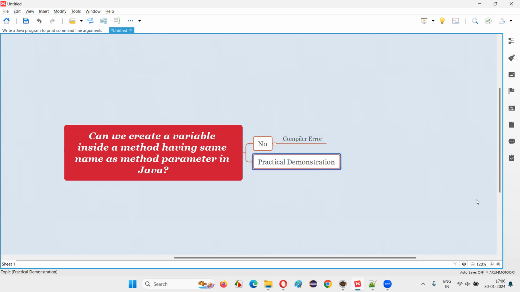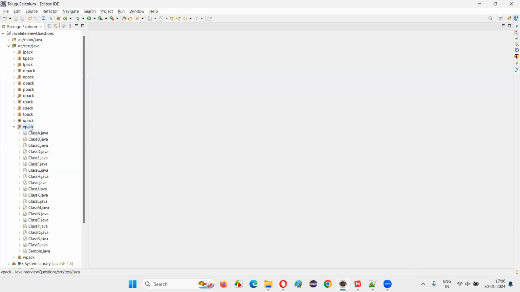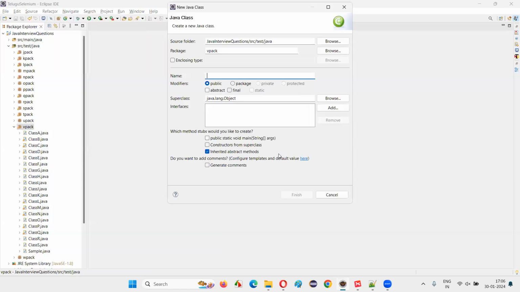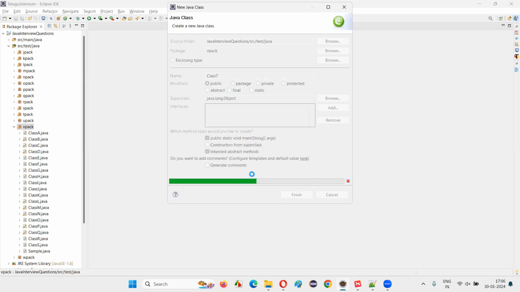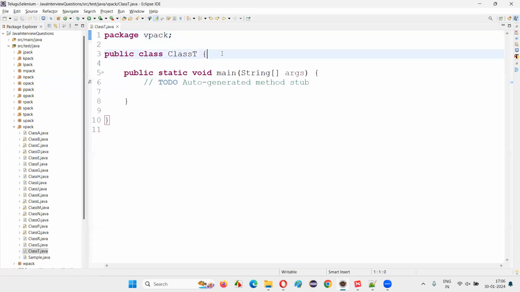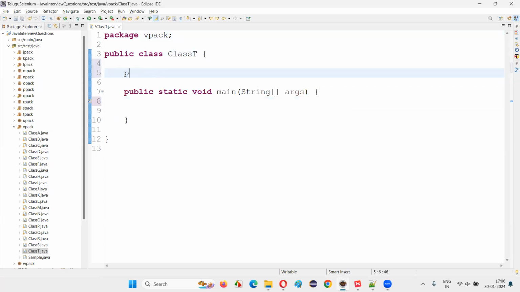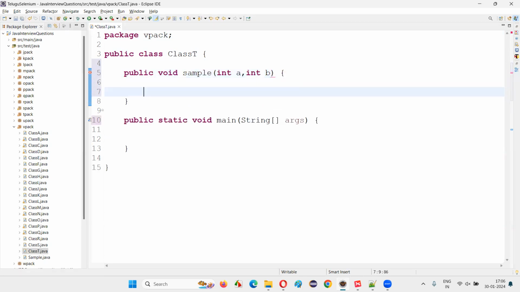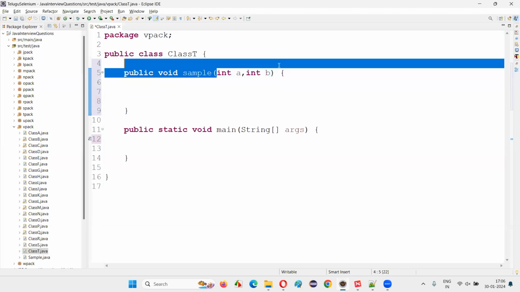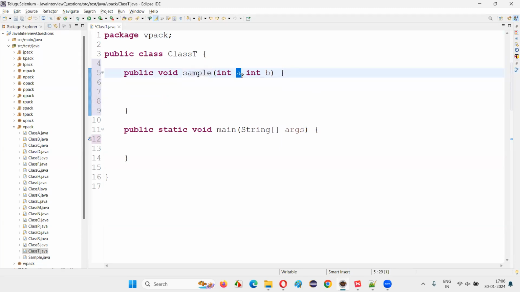Okay. So let me practically demonstrate this one for you. For that, I'll switch to the Eclipse IDE. I'm going to create a new class. I'll just name this class as class T with some main method, for example. Doesn't matter whether you create or not. Now I'm going to create a method here. Here I'm going to create a method public void sampleMethod, I'll say int a, comma int b, let's say, some two parameters for this particular method. One of the parameters is having the variable name as a and other parameter is having the variable name